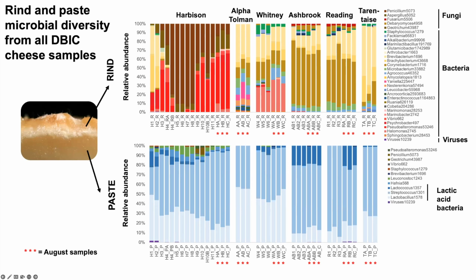Great. Another question you may ask is, is any of this diversity that we observed different or surprising? And the answer is no, actually. All these various taxa that we're seeing are things that we've seen in cheeses before and things that we would expect to see in these cheeses. So for example, things like this Yaniella we found in our previous study, and we see that popping up here really nicely in Alpha Tolman. Yaniella likes high salt, Alpine-style cheeses, so it makes sense that we see it in Alpha